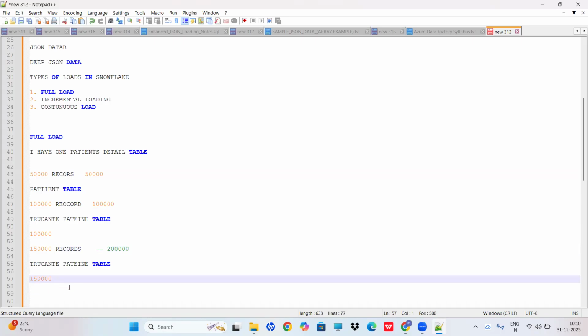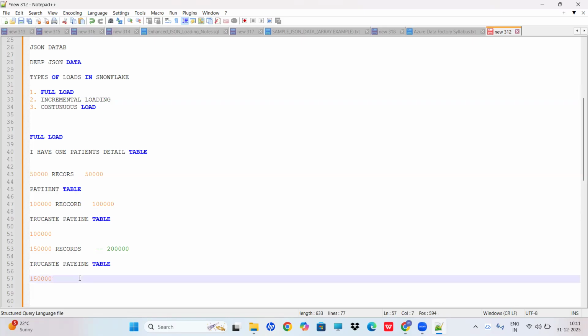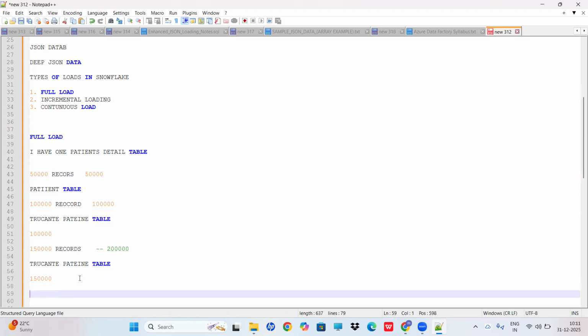So this is usually what we call a full load. But if you go day by day, in future we're going to receive millions of records. For data loading, if every day we are truncating, we need to pay more for the storage and the process. Every time we are doing the same process again and again, it's going to cost a lot. So to avoid that,